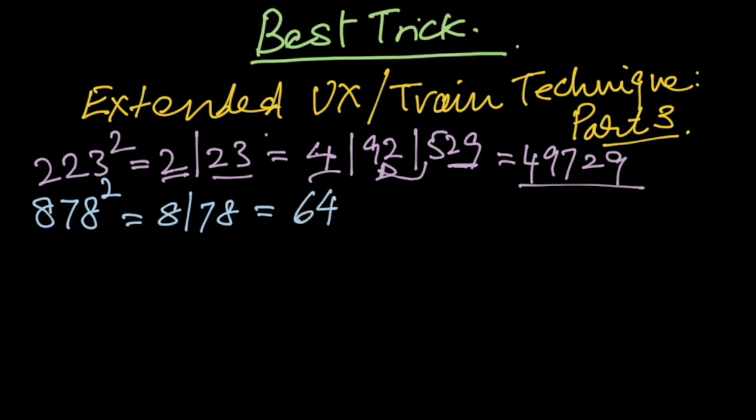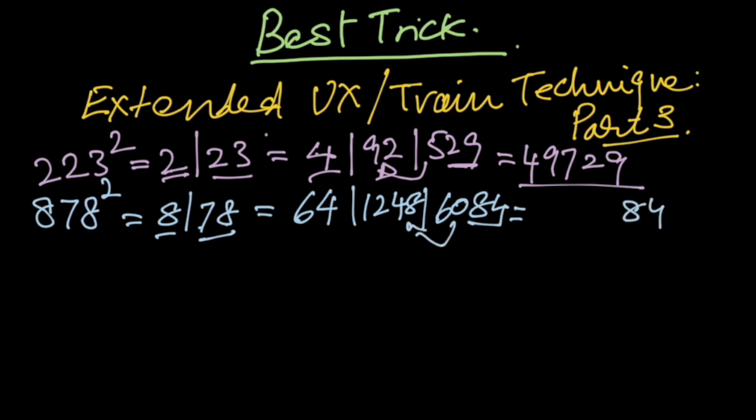So, 8 square is 64 and 78 square is 6084, and 8 times 78 is 560 plus 64. So, 624 times 2 is 1248. Here we do again, we take 84, we move this over here 60, it becomes 308. So, we copy 08, 13 goes here, it becomes 77.